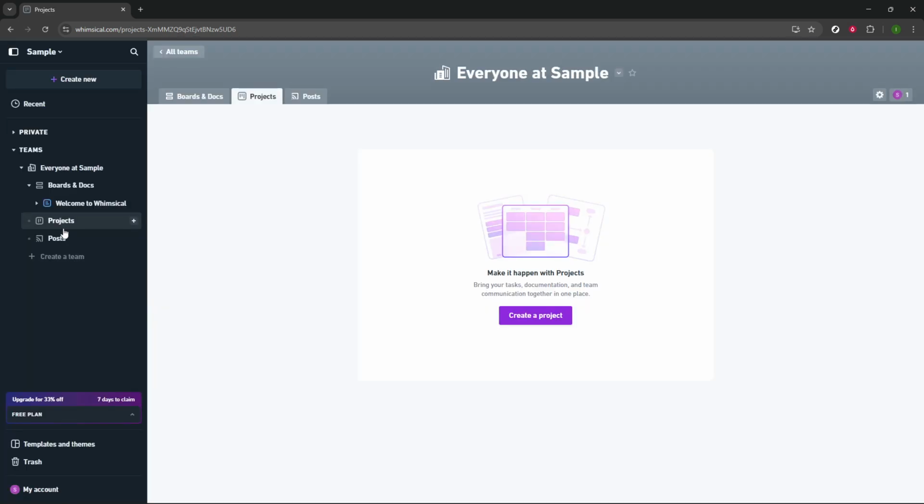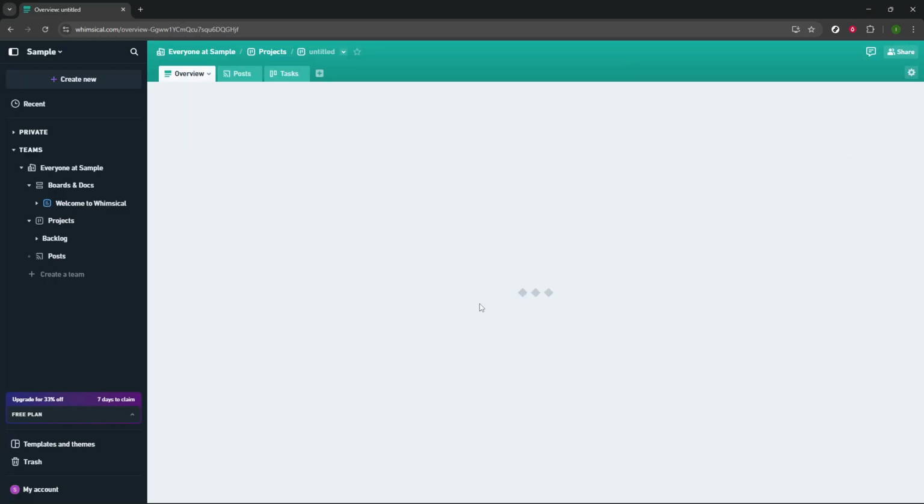To create a new project, look for the Create a Project button. Click on it and you'll be prompted to enter a name for your project. Choosing a descriptive yet straightforward name is essential as it helps to quickly identify the project's purpose. Once you've entered the project name, it's a good idea to add a description. This step is crucial because it provides context to everyone involved, detailing what the project entails and any specific goals